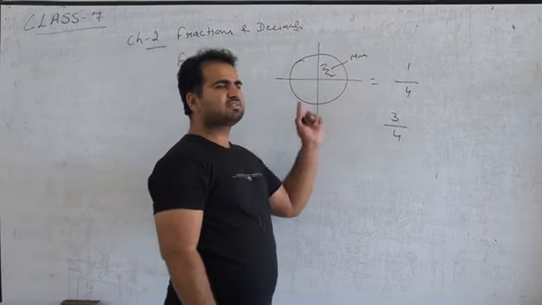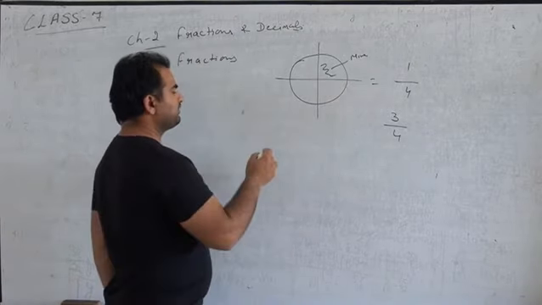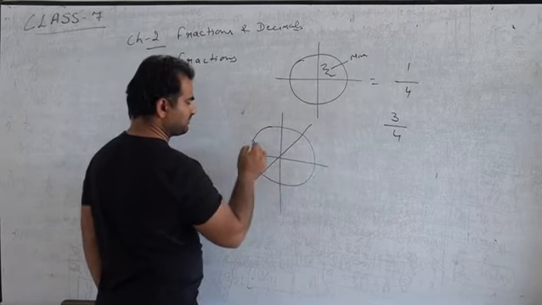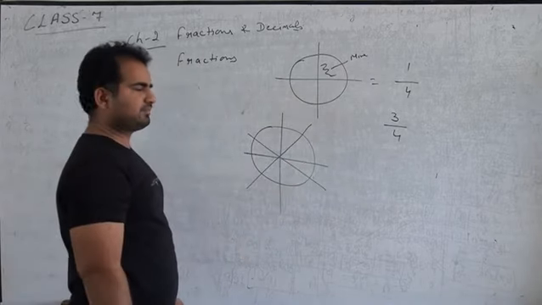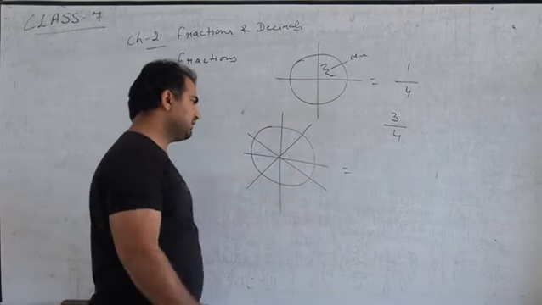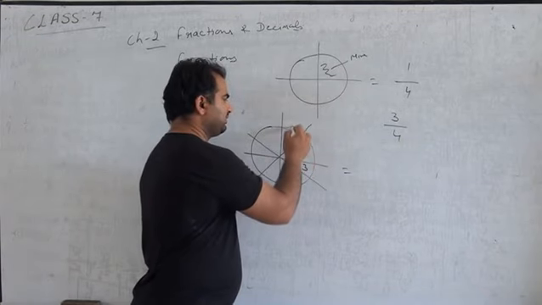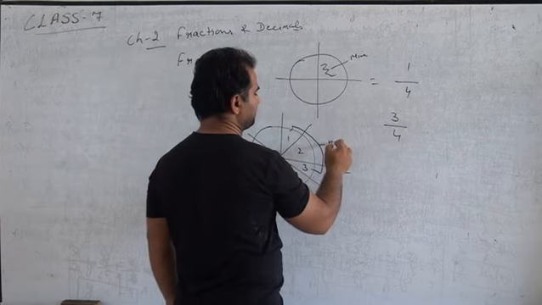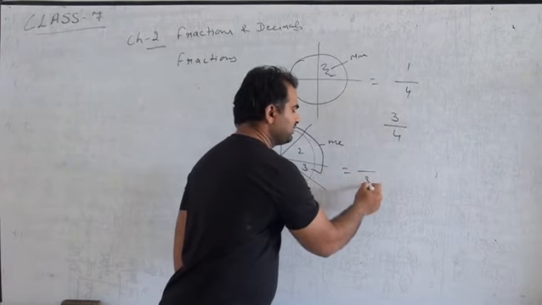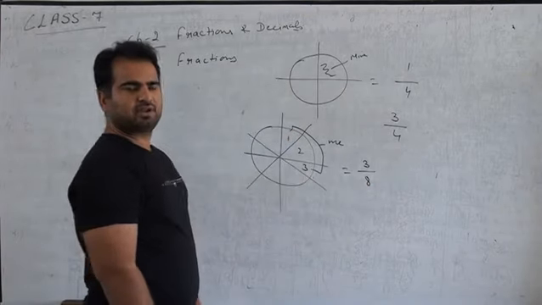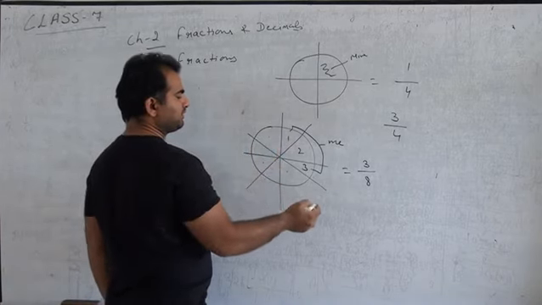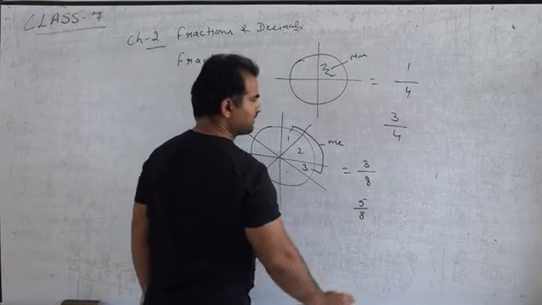Fractions are just part of a whole. But like what we have done in the other pizza, we made 8 equal parts. How many parts? 8. So what I have done is I have eaten 3. 1, 2, 3. These three were eaten by me. Then how much have I eaten? I have eaten 3 out of 8. And what about my friends? My friends have eaten 1, 2, 3, 4, 5. 5 parts out of 8.